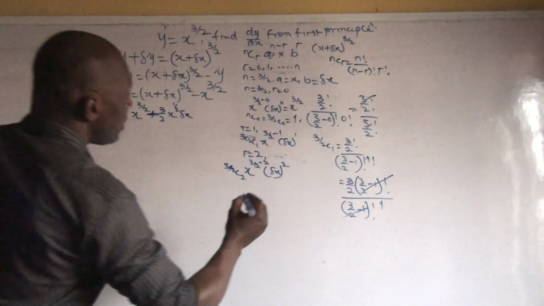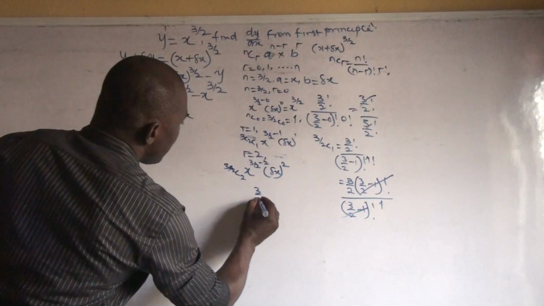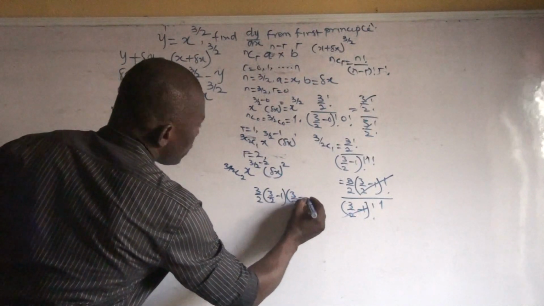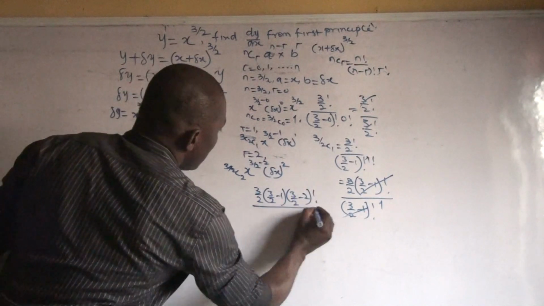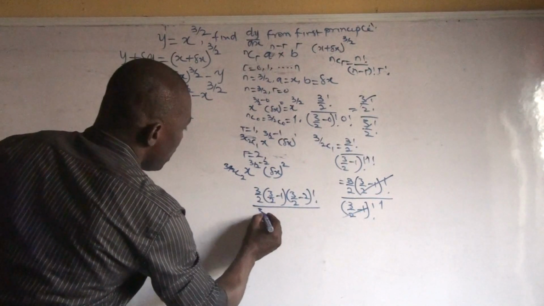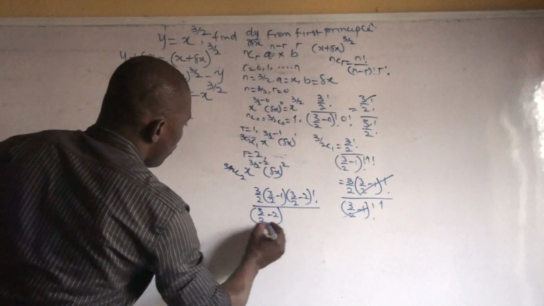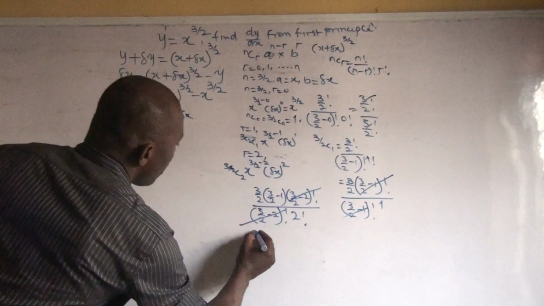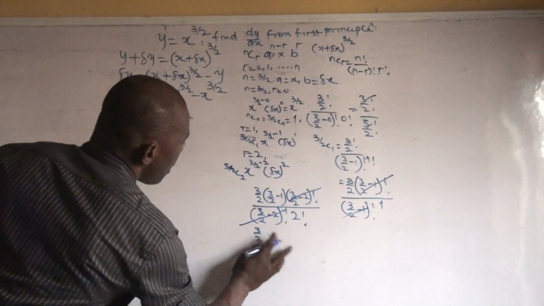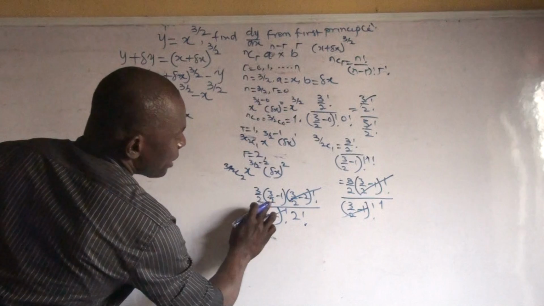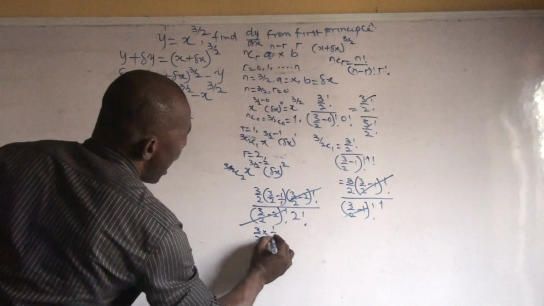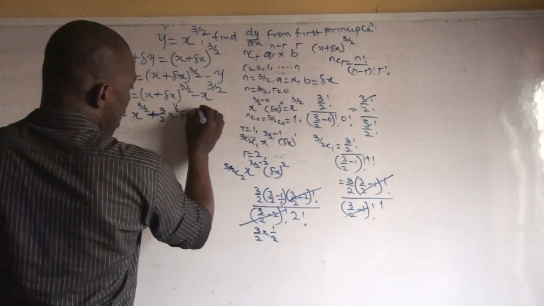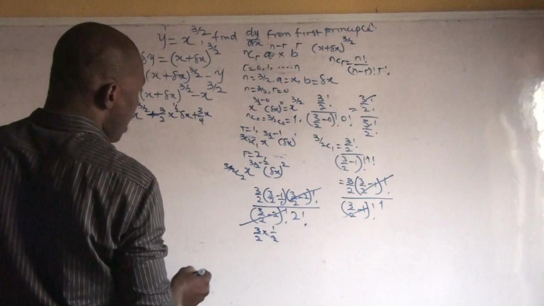So if we continue to do that, this will become 3 over 2 bracket 3 over 2 minus 1 bracket 3 over 2 minus 2 factorial, and all over, the denominator will become 3 over 2 minus 2 factorial bracket 2 factorial, so that this will go off with this, and what will be left here will be 3 over 2 minus 3 over 2 times here. If we expand this fraction, it will become half, and half. So the next coefficient will be plus 3 over 4 x raised to power